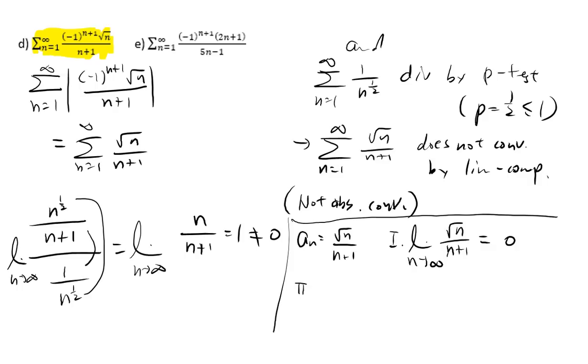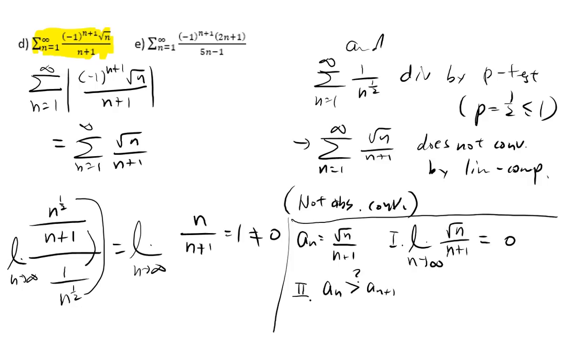Number two, now we have to show that this is a decreasing function. And that's not so apparent, because if you put n plus 1, the numerator increases and the denominator increases. If it's just the denominator increasing, then we can be really sure that the entire thing decreases, but the numerator is increasing too,